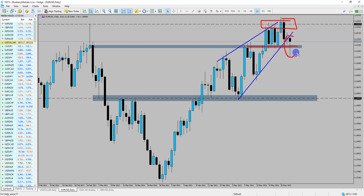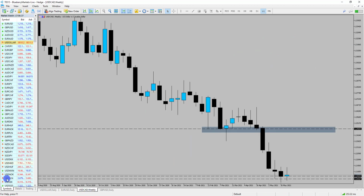Price does not look like it's going to close below this area though, so we may see another rally up before the continuation to the downside. Okay, and this is giving us a little bit more of a sign of probably what's to come for the dollar. Moving on to dollar CAD then, again another market that we featured this week